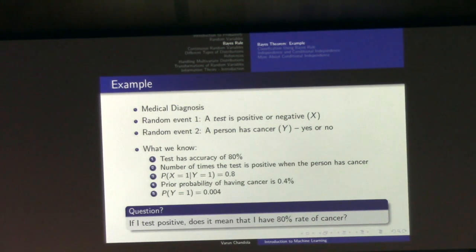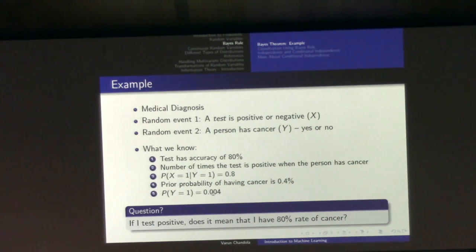This is the prior probability of having cancer. So before anybody enters the hospital, what is the probability of that person having cancer? That's often called the prior probability. That's something that you already know about that disease, without having looked at the patient at all. So let's say in this case, that probability is 0.4%, which means that the probability of y equal to 1 is